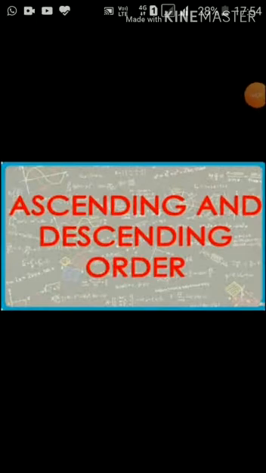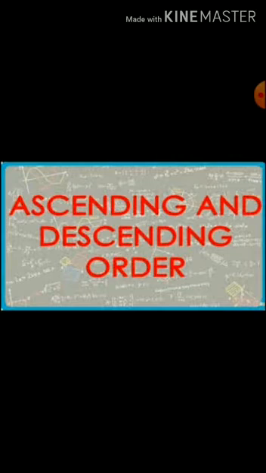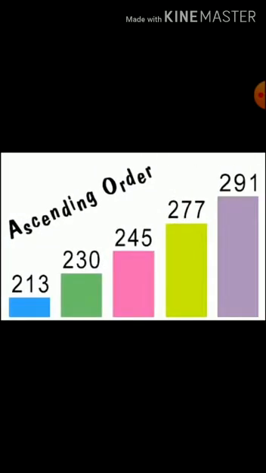Now based on the comparison of numbers, we are going to learn ascending and descending order. You all know what ascending order is, right? Increasing order is also called ascending order and decreasing order is called descending order. Now we are going to see how it works. Ascending order. See the picture, you can see that it is going from small to big. It is in the increasing order. When you see the numbers, they are bigger than each other.